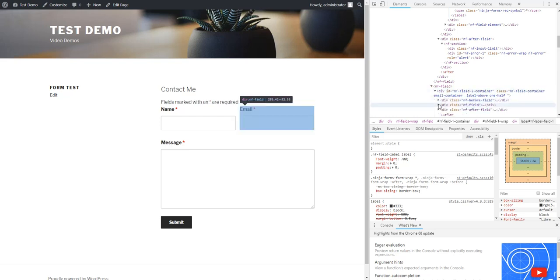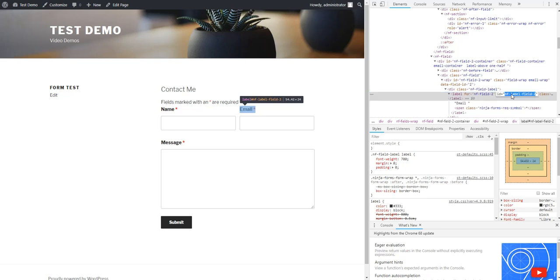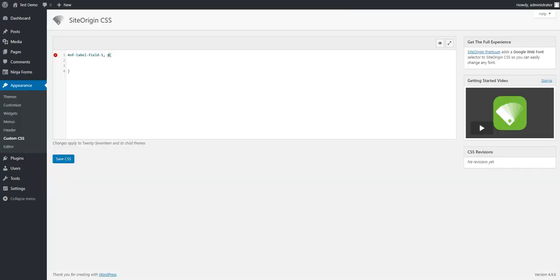Okay, and this is the field. This is field label 2. Go back to custom CSS, paste it, Control V, and then put a hashtag again,